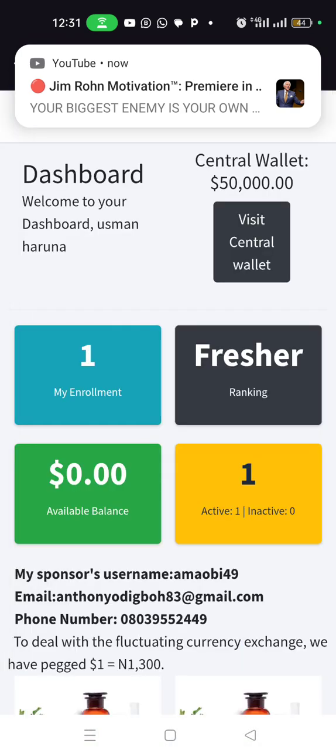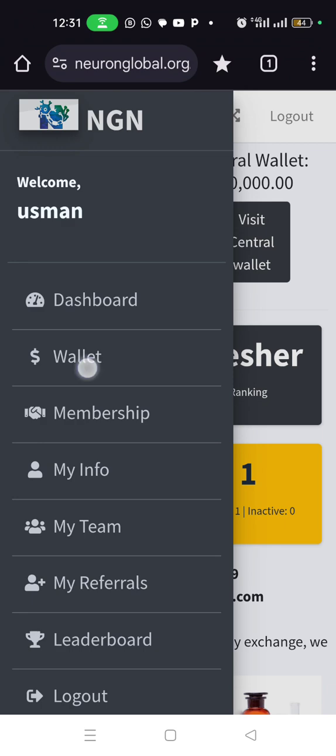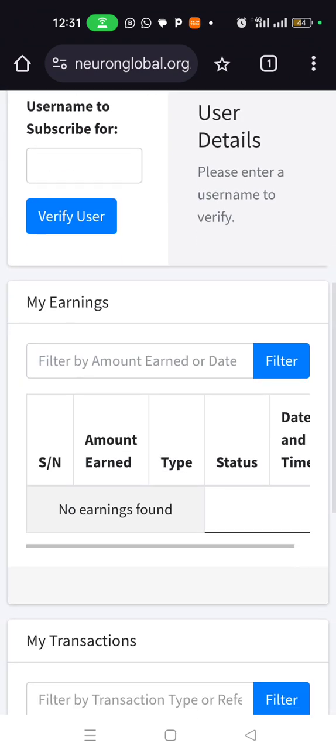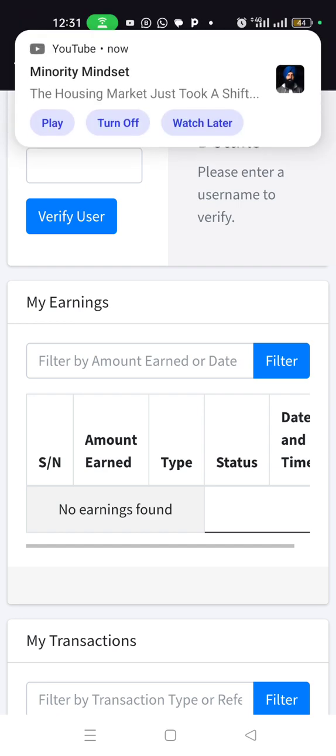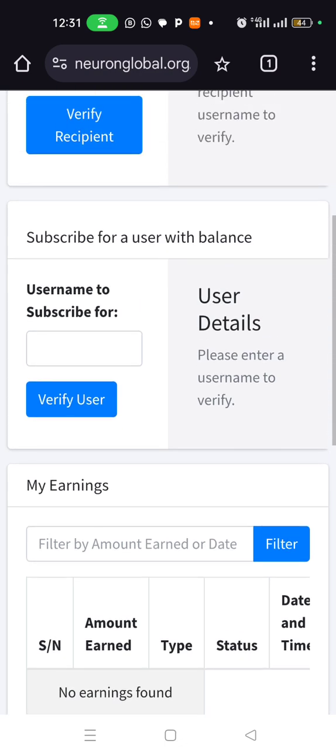Usman. Now you can see. Let's check Usman's wallet. You can see that Usman has no earning. But in what we used to do before, anybody that registers will earn 50%. But for the fact that Global 4 has put his name on placement, it is Global 4 that will earn